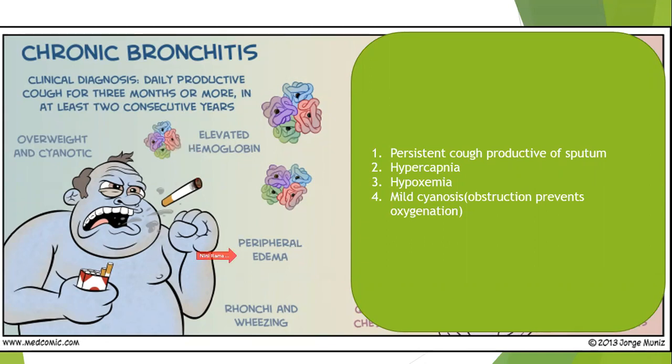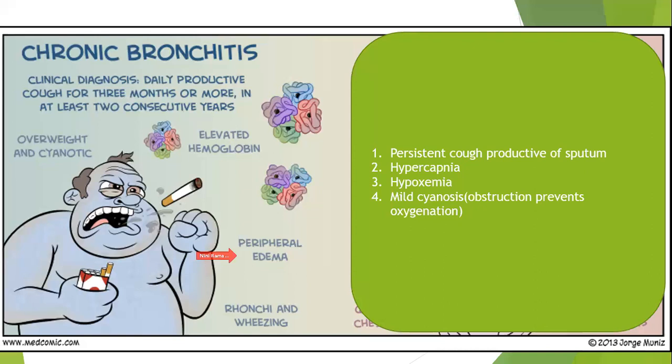The patient develops peripheral edema. Why is there peripheral edema? For that, you need to understand that when there is no oxygen going into the alveoli, the pulmonary artery that supplies the alveoli says there is no point in me supplying blood to this part. So it undergoes vasoconstriction, so that the blood can be redistributed to the parts of the airway that are better oxygenated. Because there is vasoconstriction of the pulmonary arteries, there is pulmonary hypertension. When there is pulmonary hypertension, there will be right heart failure. Because of right heart failure, there is edema.